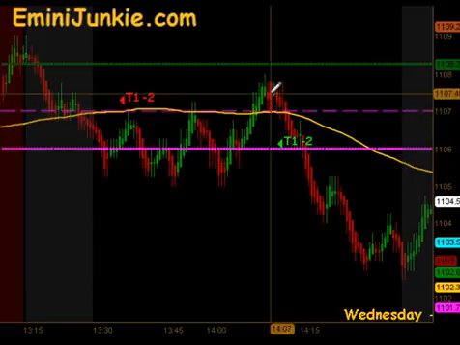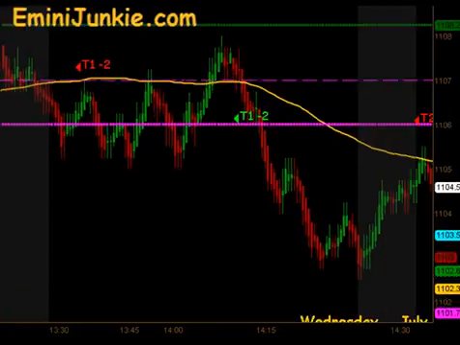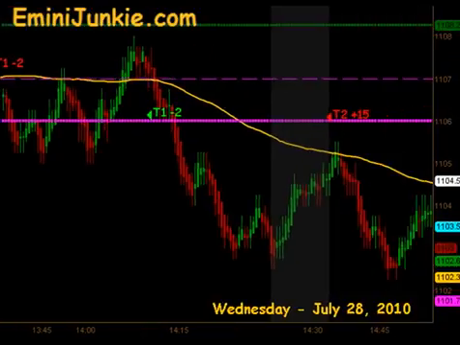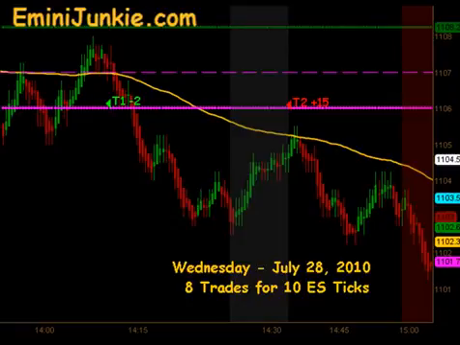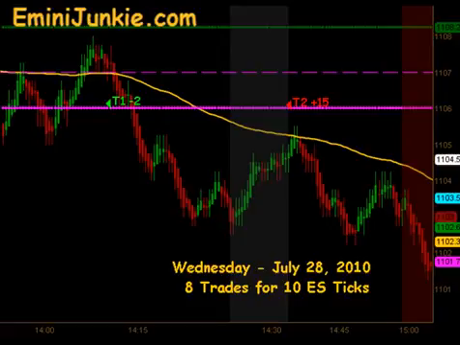But shortly thereafter we had the real nice swing. We had a full setup, it came back to our moving average and gave us a beautiful entry, T2 plus 15, and that ended up our day as we just managed that trade going after 3 o'clock. So all in all, it was a very active day, a lot of T1 minus 2 signals in there